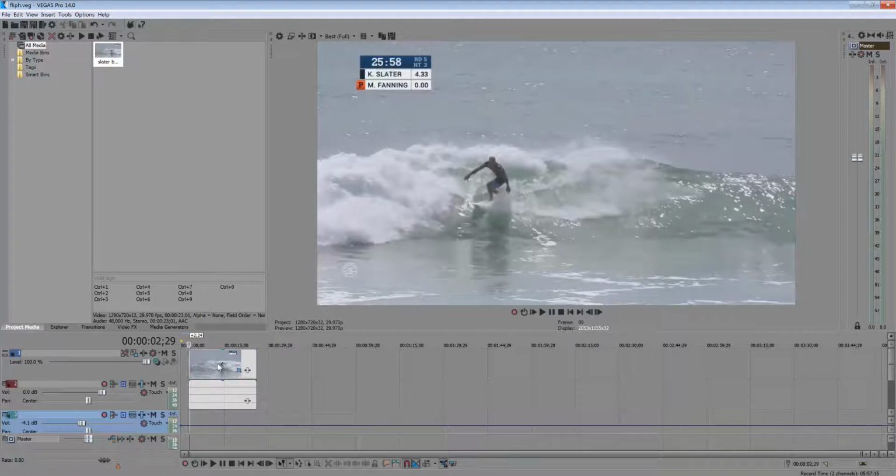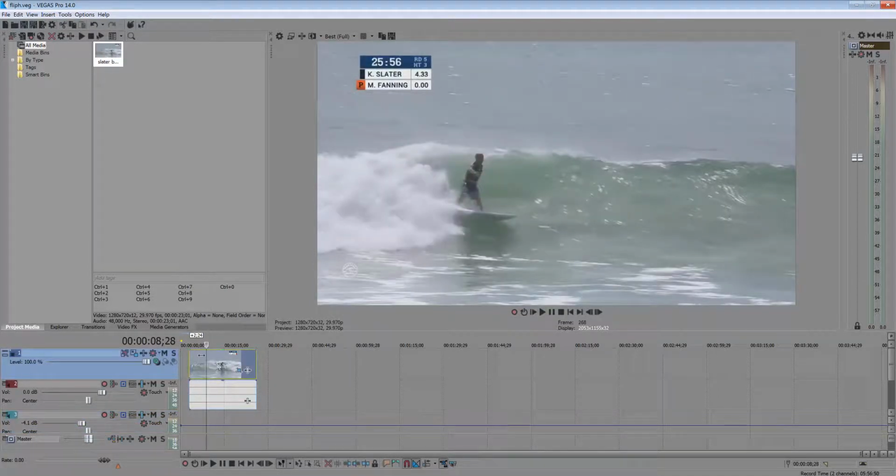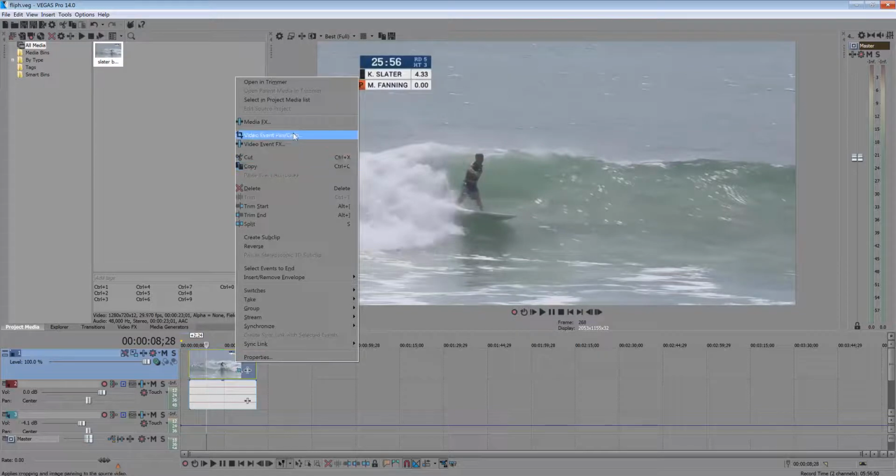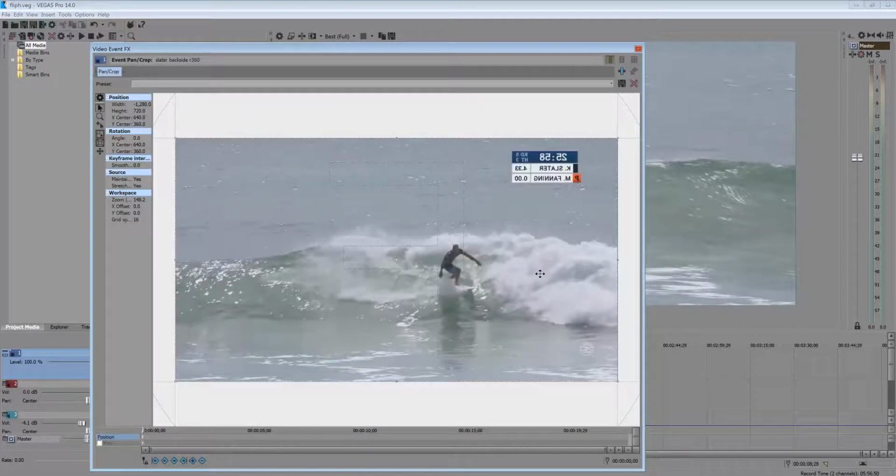So to do this, you get your video clip in the timeline, you click on this icon here to change the view. It's called event, pan and crop. You can either click on that, if you can't see it, then right mouse, video, event, pan and crop. Okay,